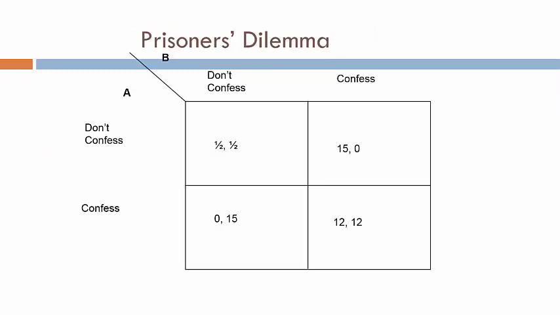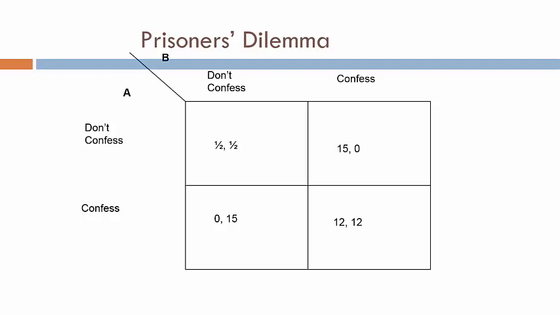So in the prisoner's dilemma game, there are two players, A and B, who are alleged to have committed a crime. The cops hold them in different rooms and interrogate them. Neither player gets to know what the action of the other player is. Each player has two actions: confess to the crime or do not confess. The third element of the game is how the actions of each player are related to the payoff. The two actions of player A are on the rows, and those of player B are on the columns of the table you're seeing right now.